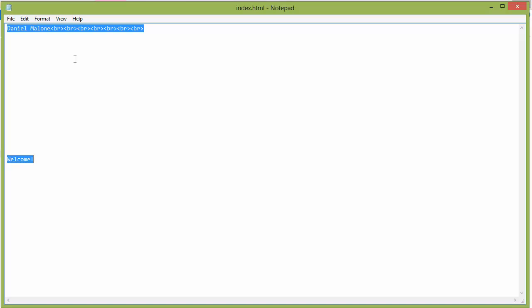Let's say we want to make a website, and we want to say welcome. Say we want to make the text really big, and then we want to put a little about us content after that. How are we going to do that? Well, HTML has what's called tags, and we already looked at the BR tag. That'll put a line break. That'll put a break where whatever happens after the BR comes,